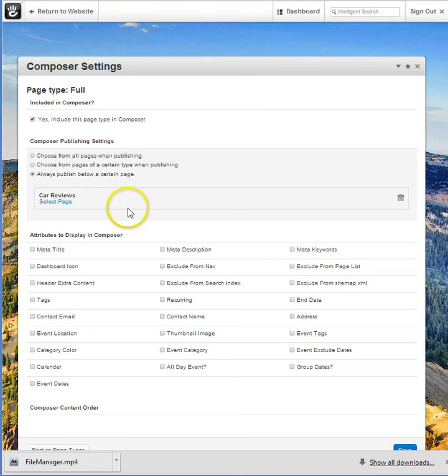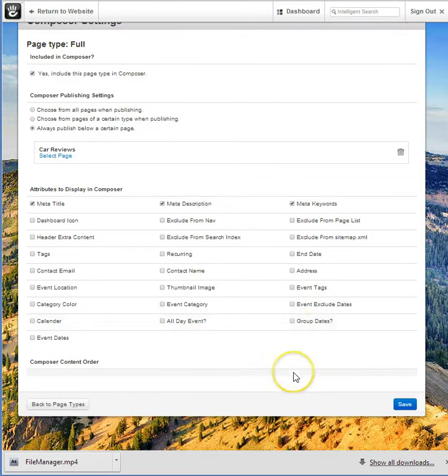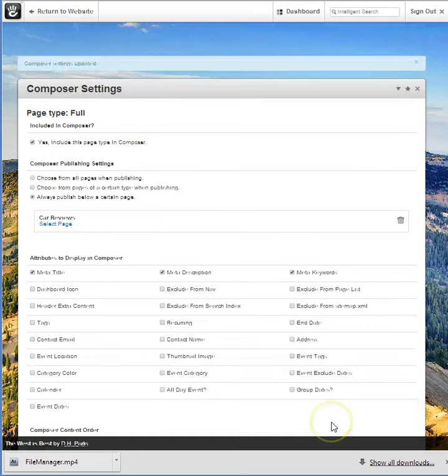We'd also want to have displayed the meta title, description, and meta keywords, so that now we're search engine friendly. You can add many features, tags, recurring end dates, contact emails, all of that, but not really necessary for what I'm doing today. So let's just leave it at that and save. But we're not done yet. The next thing that we'll want to do